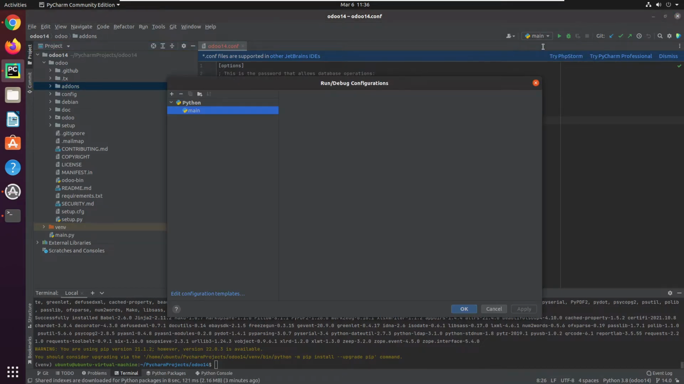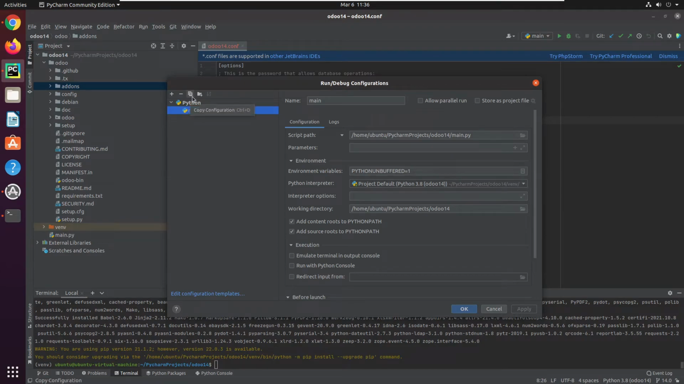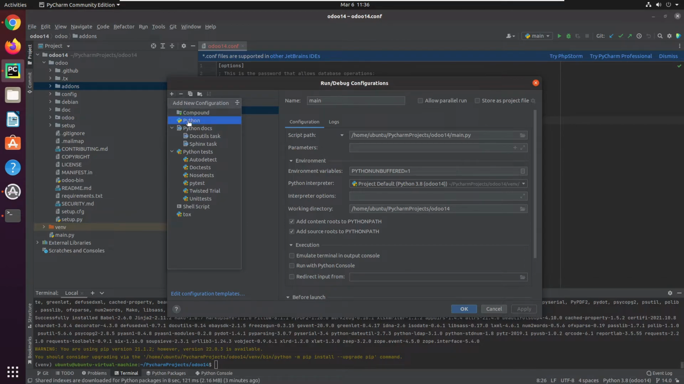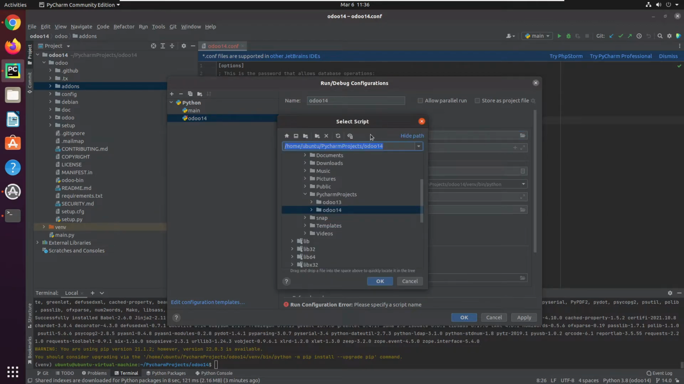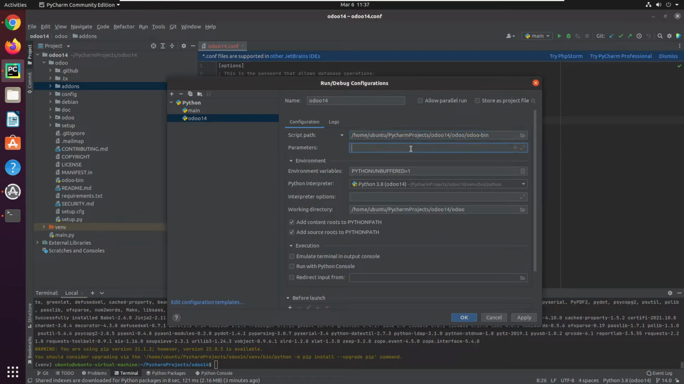So let me click edit, and then click this plus button to add a new configuration. Here you need to click on Python. Here we need to add the name of the configuration, which is Odoo 14. Here we need to add the script file, which is the Odoo bin file. We need to add it from the Odoo 14 source code, which is this Odoo bin file,